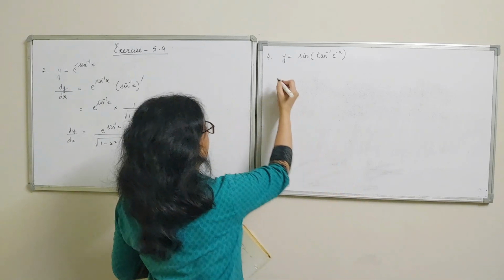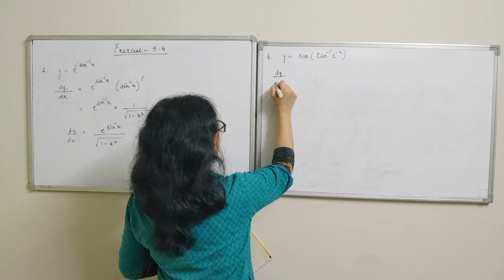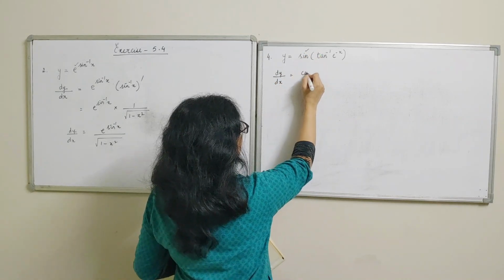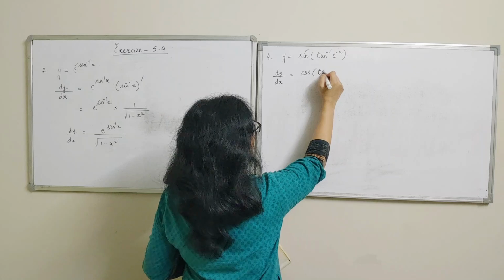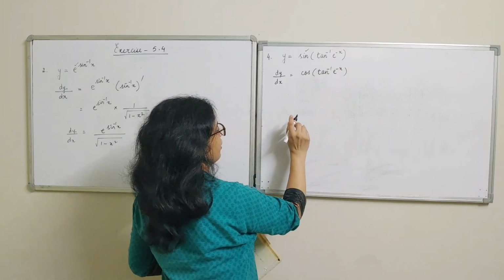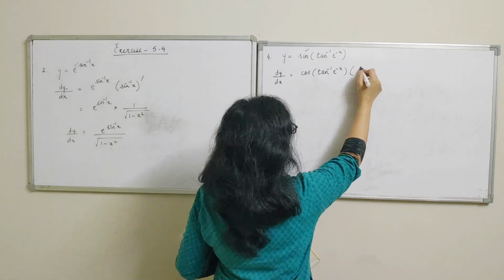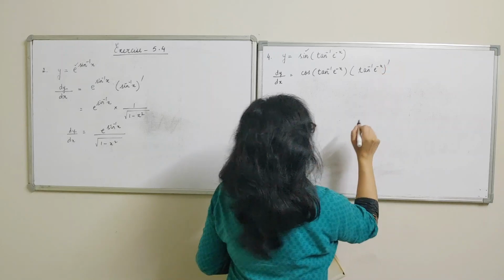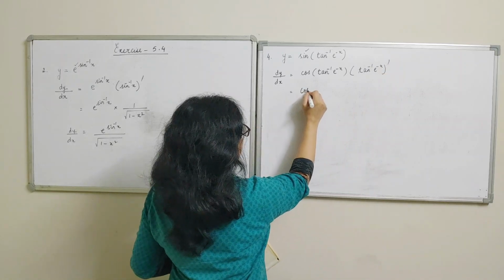Alright, so finding out the derivative one by one. So what we do first is we differentiate the sine function. So derivative of sine is cos. We have differentiated sine function. Next, what will we do? We will differentiate the tan inverse function. Okay, so doing it stepwise,